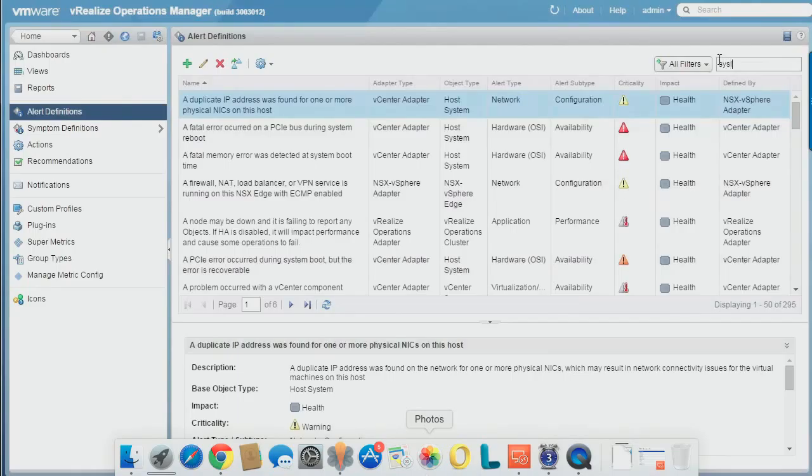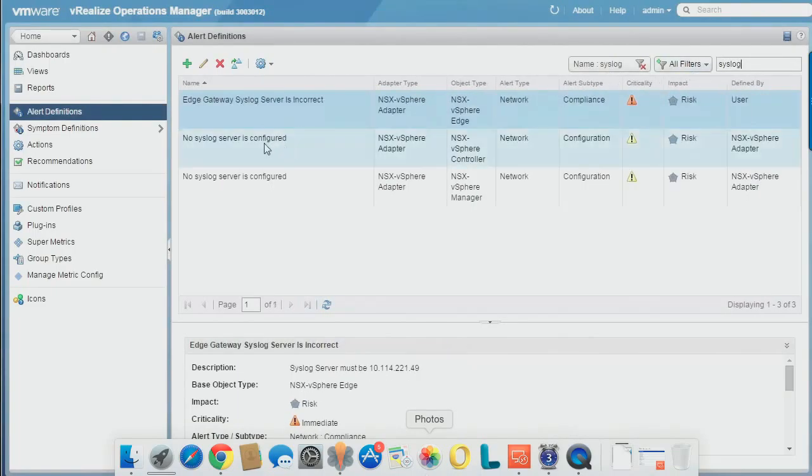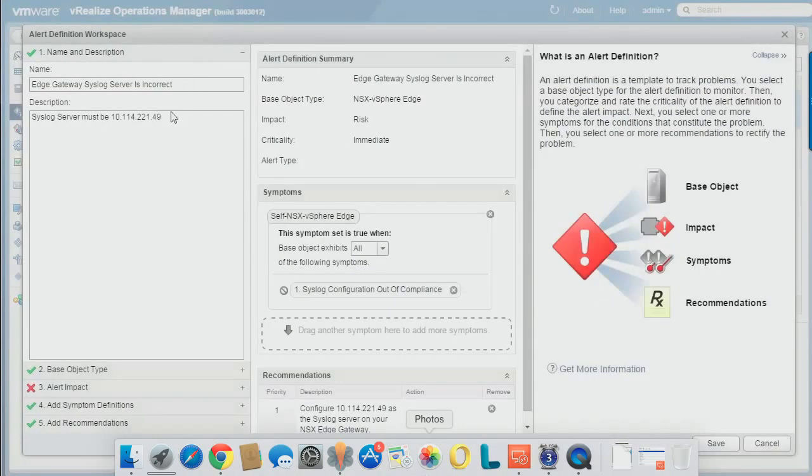So I go into the content side, and then go to the alerts, search for syslog, and what I'm doing is basically saying, hey, syslog configuration is not compliant. Basically, I'm getting the string, the property that I found from that particular object, and comparing against a particular